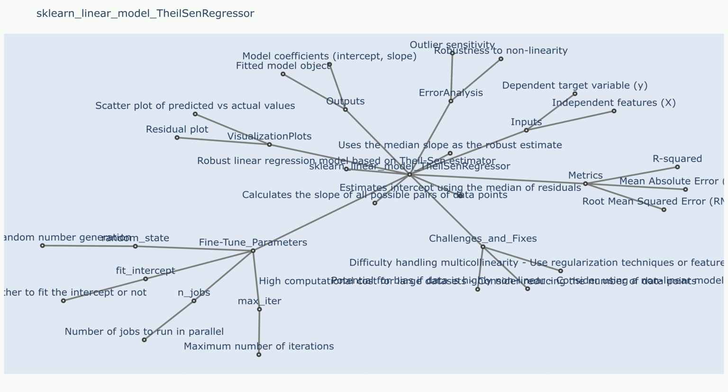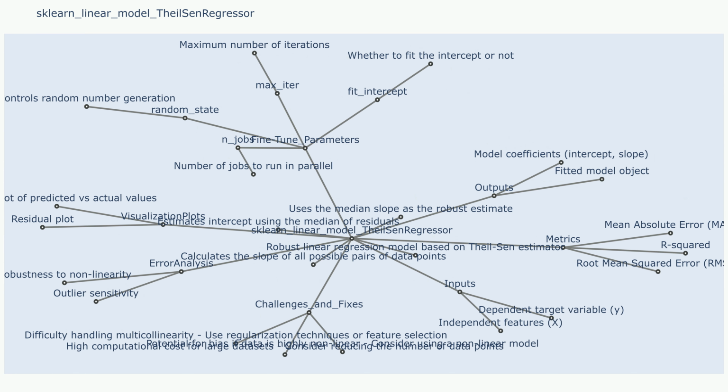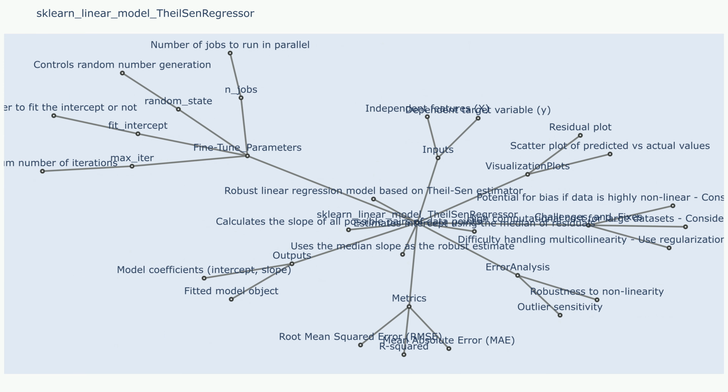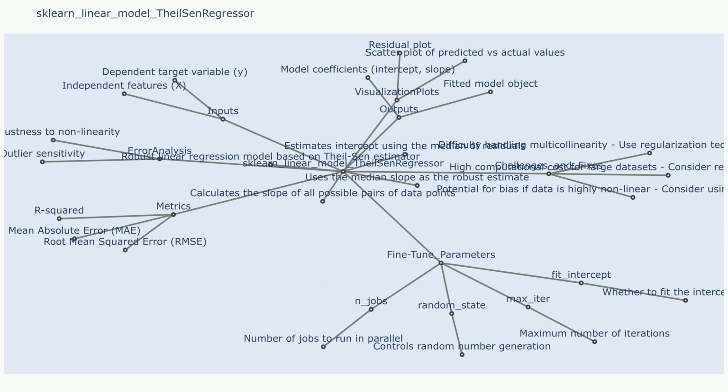Challenges and fixes. Challenge 1: high computational cost for large datasets. Calculating the slope of every pair of points can be computationally expensive for datasets with a large number of samples. Sample use case: a dataset with millions of data points. Fixes to Challenge 1. Use a subset of the data for model fitting. Subsampling the data can reduce the computational burden without significantly affecting the accuracy of the model. Use a faster algorithm. Some implementations of the TheilSen estimator use faster algorithms for calculating the slopes, such as the